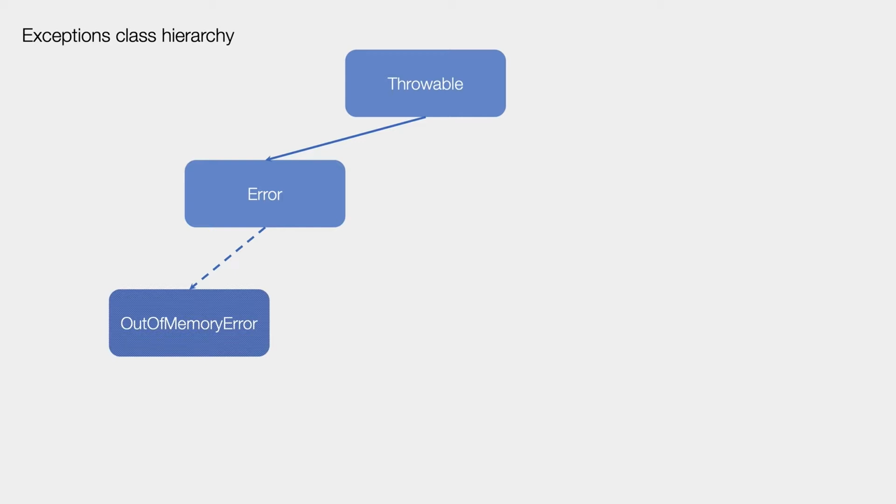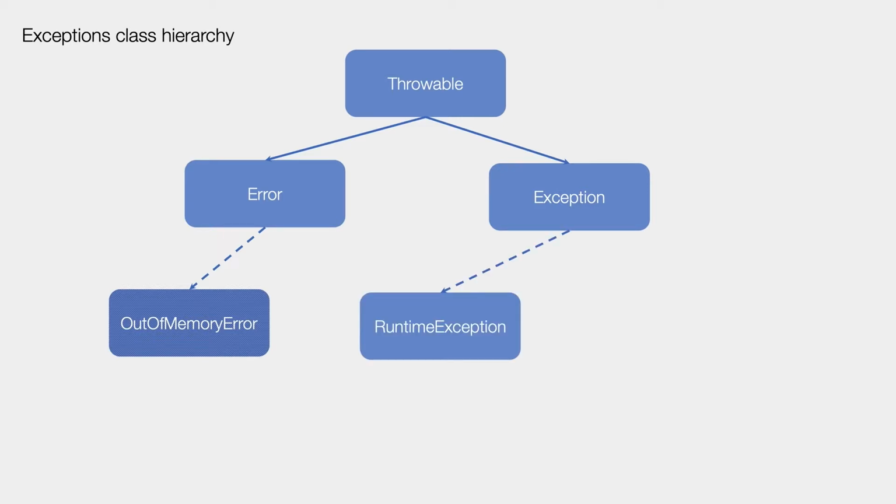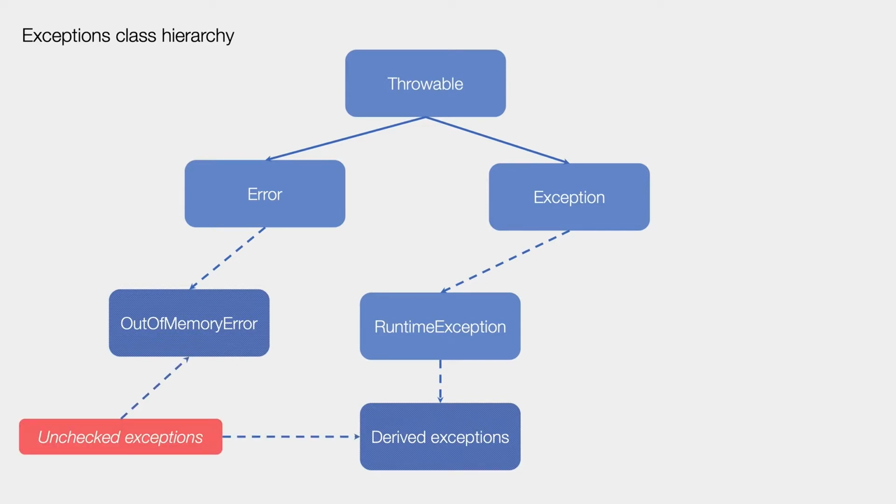On the other hand, the other class that derives directly from Throwable is the Exception class. And this is a base class for, again, a large number of exceptions, but one of them is really important, and that's called RuntimeException, which again is a base class for a number of derived exceptions. Now, the reason I partition them in this way is because all the errors and all runtime exceptions are called unchecked exceptions, which means that the Java compiler does not force us to handle them at compile time. That's, let's say, one category of exceptions. They may be thrown at any moment in the execution depending on the logic and on the data that your program works with, but we're not forced to handle them at compile time.